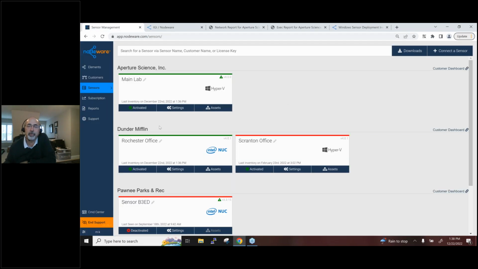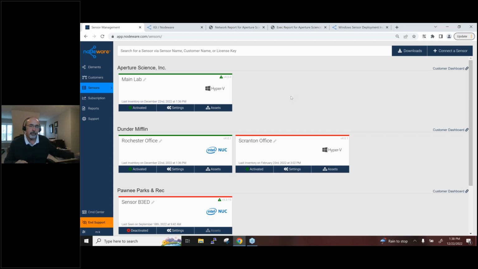But that validation with the 4 digits makes it hard to do an operator error. It's possible to assign it to a wrong customer, but it would never actually get deployed, right? Or no, it would scan because the sensor is installed on the network. Let's say you deployed a Hyper-V sensor in California for company A, but you assigned it to company B, which is completely independent. That data would show up under company B, right?